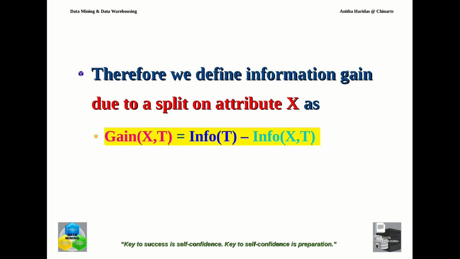And in the next video, we will be taking the example of our training set which we have used for whether we can go for playing or not. We have seen the different attributes like outlook, humidity, wind, temperature. These were the attributes and the class label was whether we can play or not. So using that training set, we will be calculating the information gain value and we will see which attribute is having the highest information gain. Accordingly, the tree will be constructed. So we'll see that example in the next video.